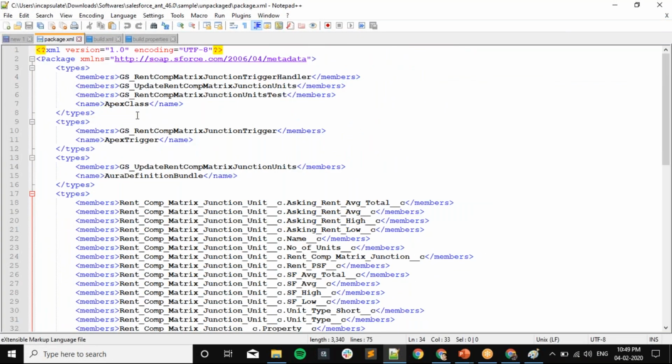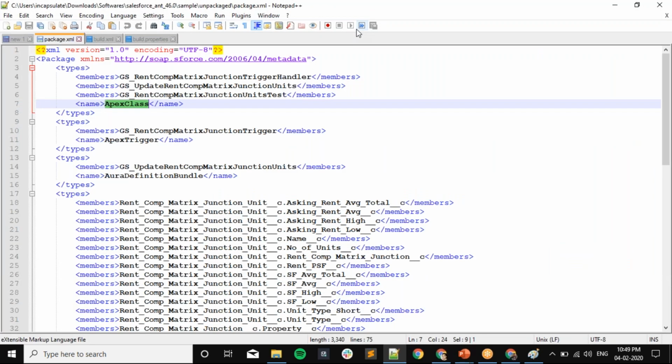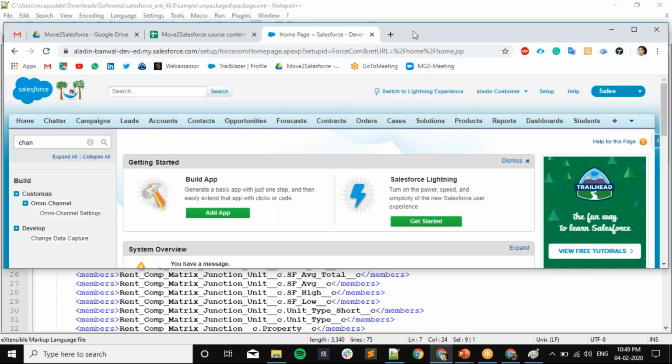And you can simply go and use it. Like if you have any Apex class, then you can simply write your Apex class name over here inside this member, and the name of the component, which is ApexClass. You can find how to write that component name on Google itself.